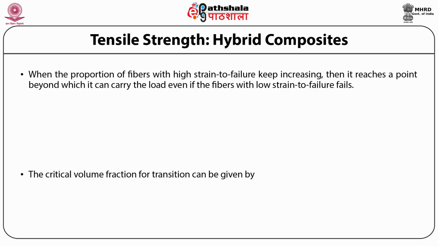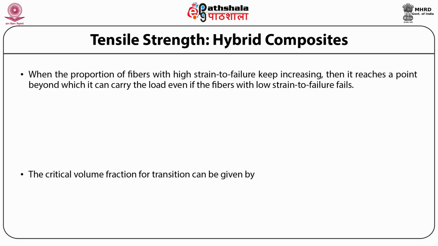Strength of such hybrid is given by sigma C is equal to sigma Lu multiplied by VL plus epsilon Lu multiplied by EH VH, where sigma Lu, epsilon Lu are the strength and failure strain of the fiber with low strain to failure, and VL is the volume fraction, and EH and VH are the modulus and the volume fraction of the fiber with